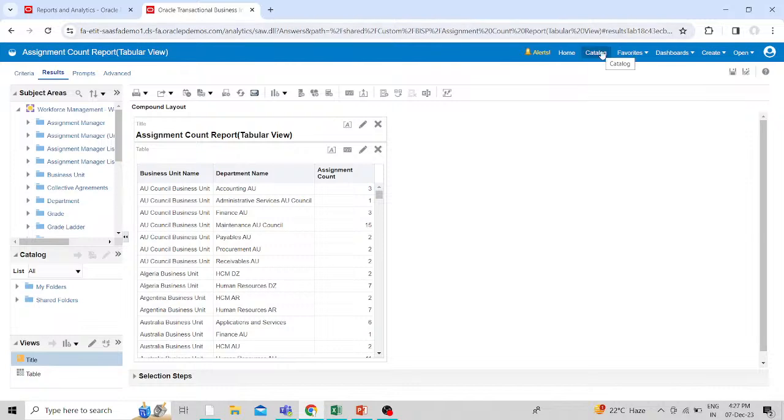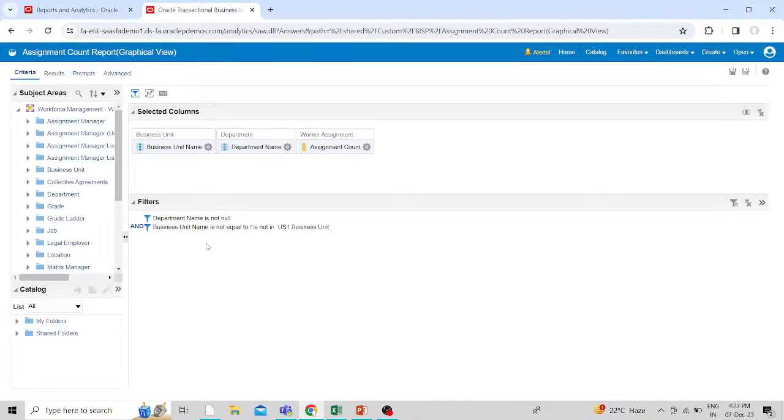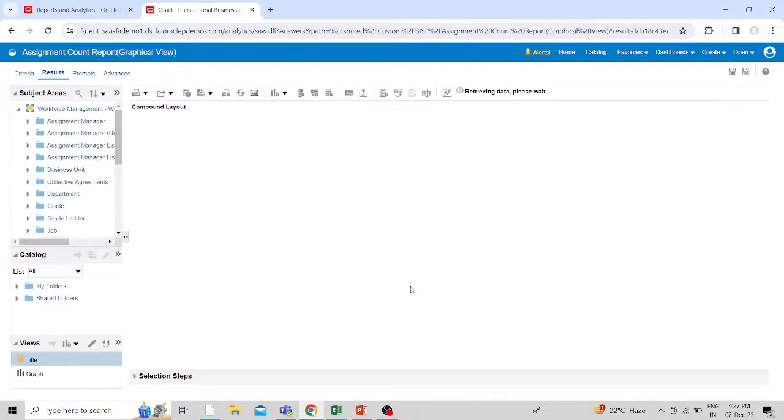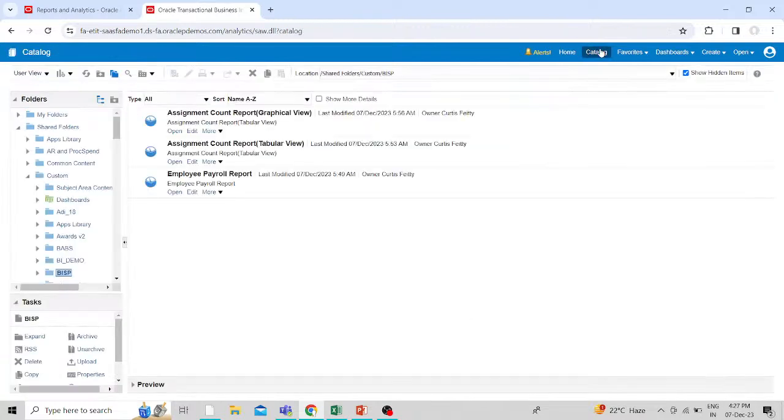Okay, and if we go to the second report here, when we open it, we can see the graphical representation of the assignment count report. Okay, so let's go to the catalog option again and perform our next task, which is a